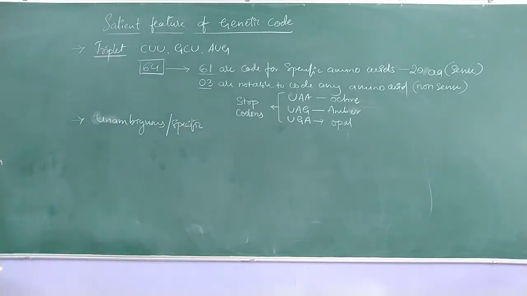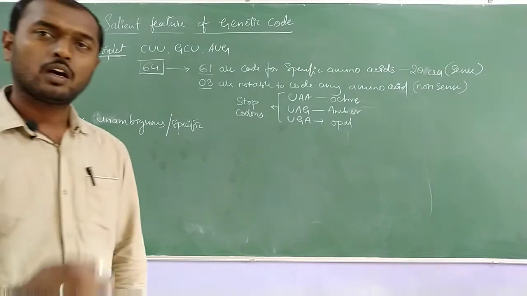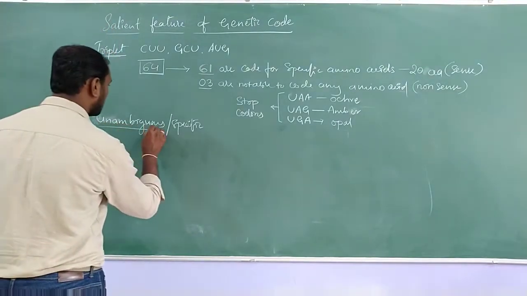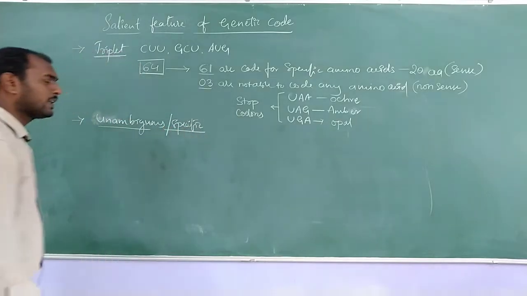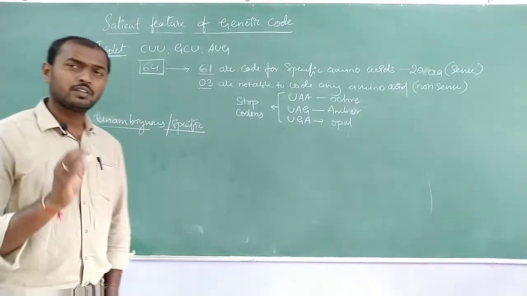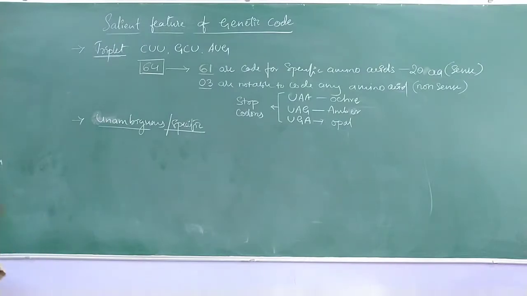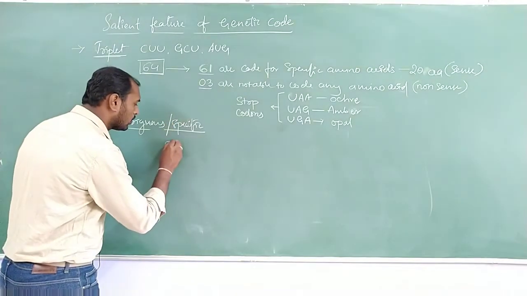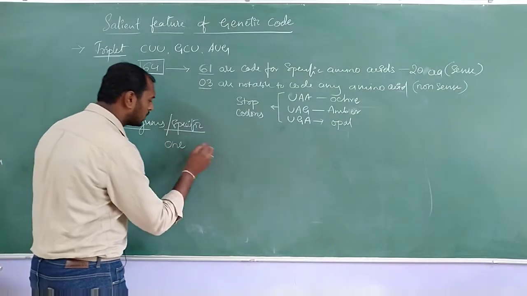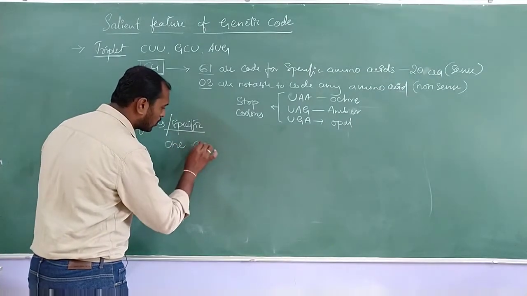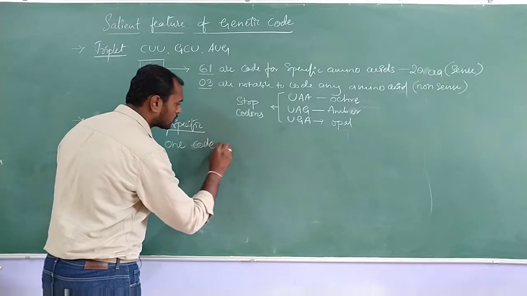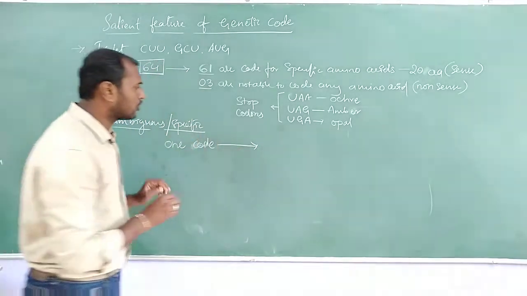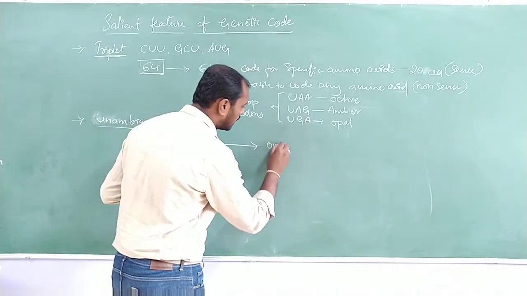Okay, it is very specific. So genetic codes are unambiguous or specific. There is no ambiguity, no confusion, they are clear. That's what we call, they are very specific. For example, I am going to take one example: one code is always going to code for one